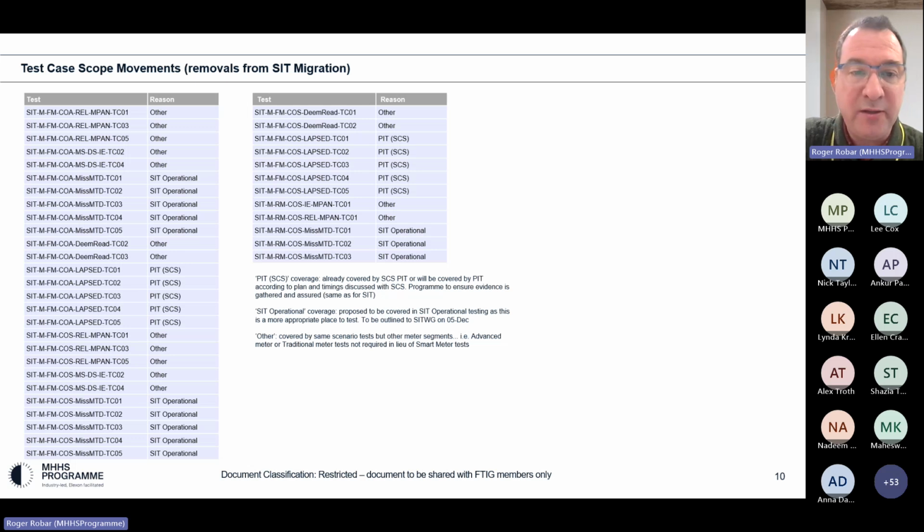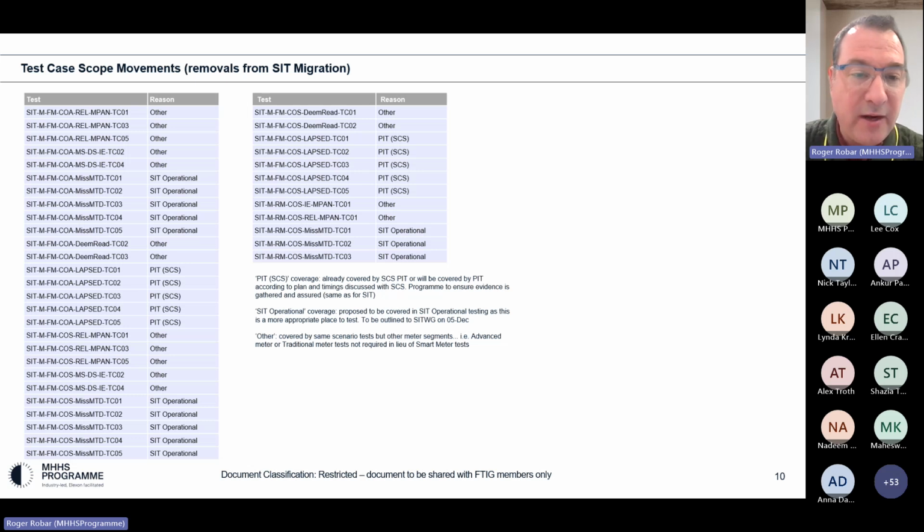So it's best handled in PIT, again, by one participant who has agreed to take them on board and work them through, and they were relatively short when handled in PIT, whereas it might take up to 5 different market roles to run these tests in a SIT and end-to-end working environment. So we thought, again, in terms of optimization and efficiency, could we ask this one participant, St. Clements? So again, thank you to anyone who's on the line from St. Clements for taking them into your scope for PIT. We thought that it would be a much more efficient way of taking people's time.